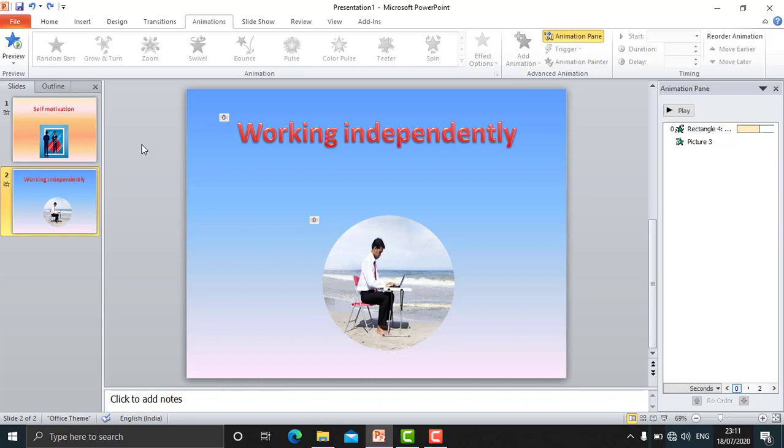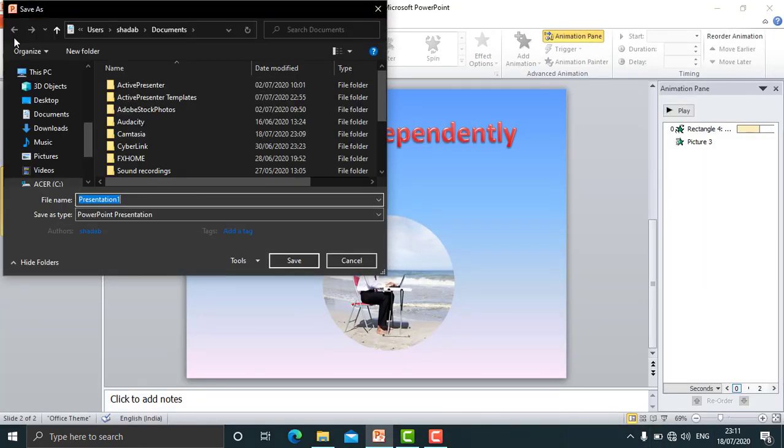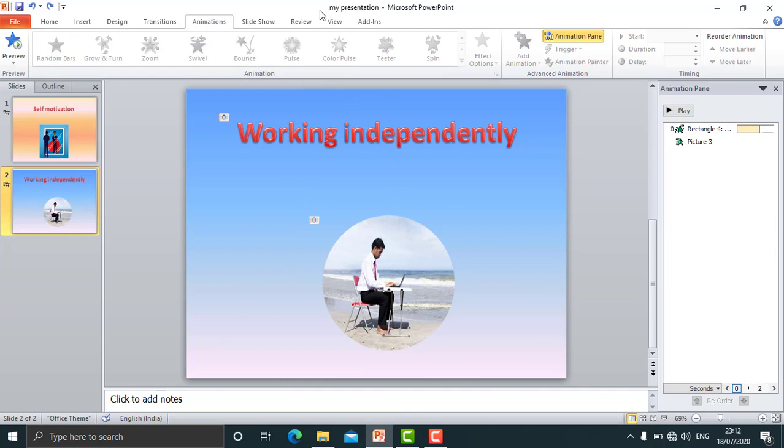So after deleting, if you want to save your presentation, then for saving presentation you need to click on file. After file, click on save. As you click on save, a dialog box will appear, and from dialog box, same process as you do for other Microsoft Office products. Erase this name and type a new name. Say for example, my presentation. Is the name, and click on save. The presentation will be saved. So you can see the name here on title bar, my presentation. It appears here. So this is how you can save your presentation.